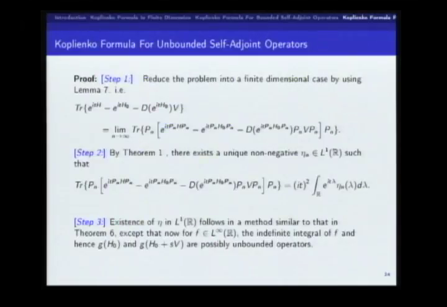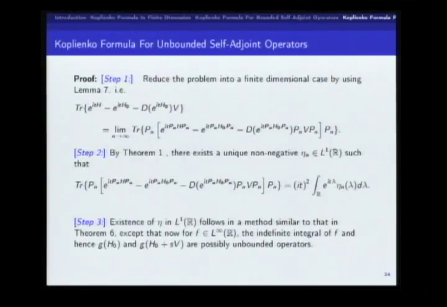So just a few steps. Reduce the problem to a finite dimensional problem, as I have been saying all along. Therefore, I get an eta n which gives me this formula in finite dimension. That is, the right hand side here is given by this, so I have to take a limit of this. Existence for eta follows by a similar method as earlier,